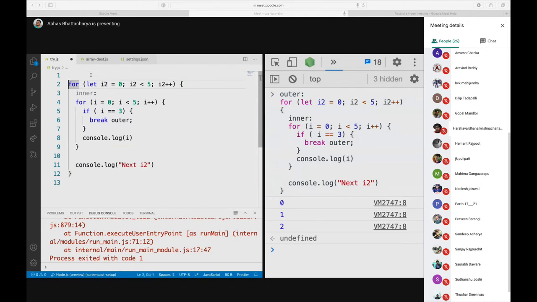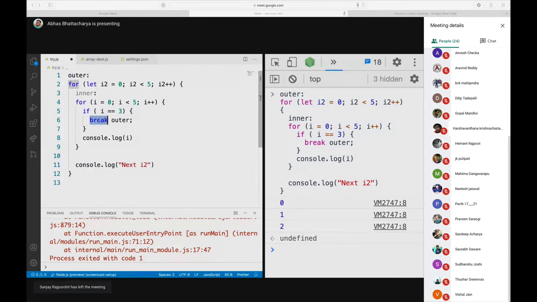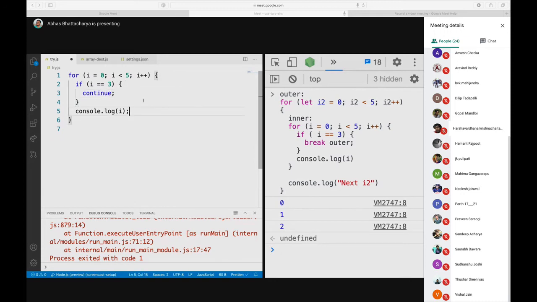And we can also see how continue works. That will be very similar. So what continue means is, let's move to the simplest case first. You have a simple case that for I moving from 0 to 5, and if I equals 3, we say continue. What will happen again is that continue is an abrupt completion record, so it will keep moving up,